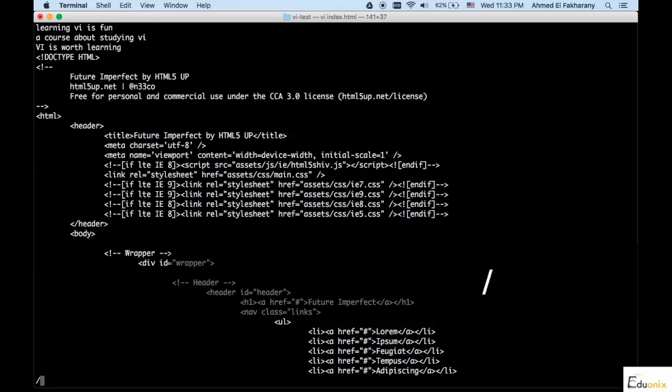So in this case, VI provides us with a very handy way to do this, which is backslash followed by the angular bracket followed by the pattern,